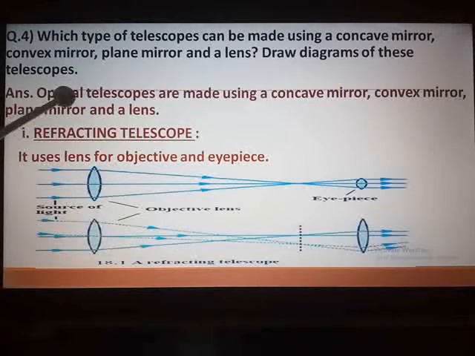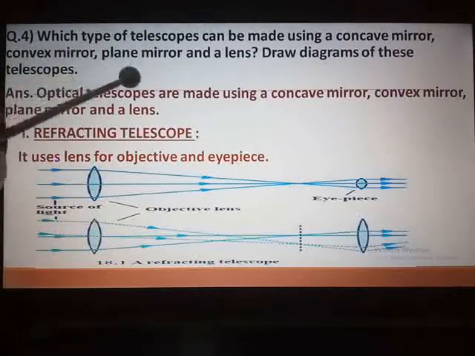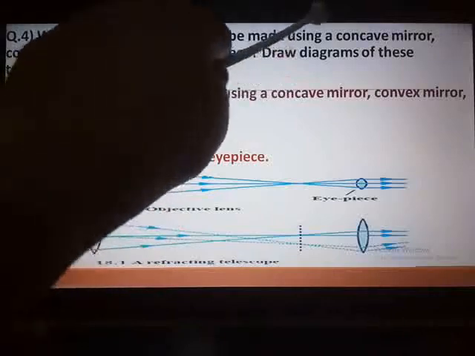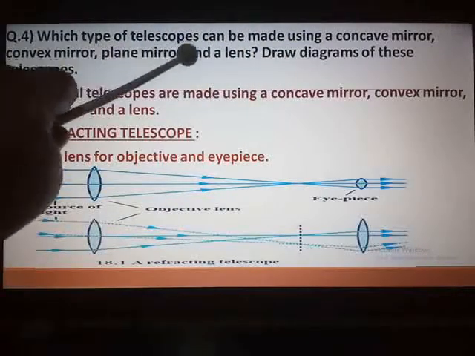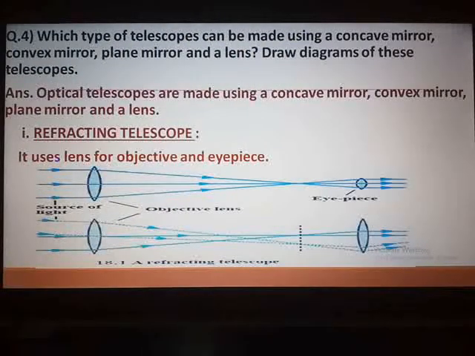So the first point you have to cover is optical telescopes, which type they have asked. So optical telescopes are made using concave mirror, convex mirror, plane mirror and a lens. Now all the three types of optical telescopes along with the diagrams you have to include. So the first one, refracting telescope. In short you have to write, it uses lens for objective and eyepiece. Then you have to draw the diagram